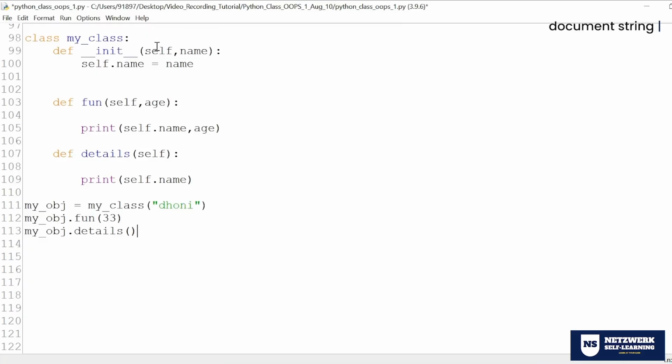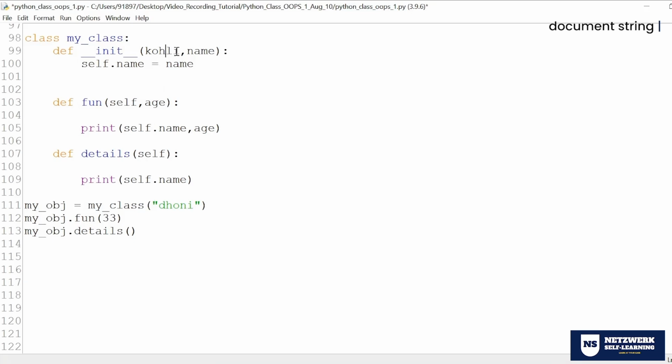Now what I did is keep it as self. So if you ask me, sir, is it necessary that I have to keep only self? Not at all. You can keep any name. Dhoni. Why? Because you're just giving a name for the reference that is getting created here. It has nothing to do with anything. This Dhoni is nothing but just a reference. So we already have Dhoni. Let me keep it as Kohli. So now what is Kohli? Kohli is nothing but an object reference for the one which is created here.